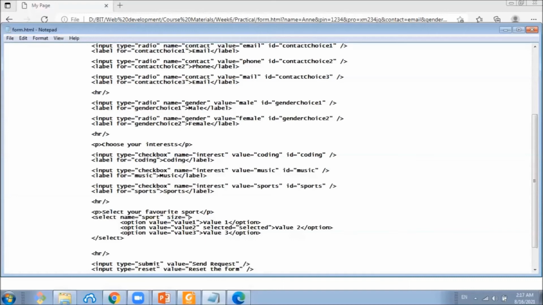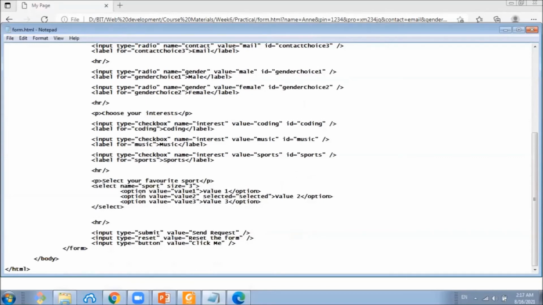Size should be 3. And the first option is soccer. Let's put soccer here. The value should also be the same here.